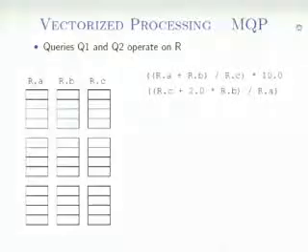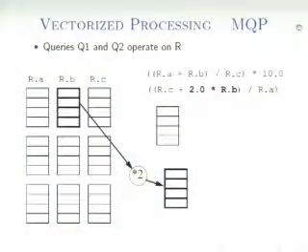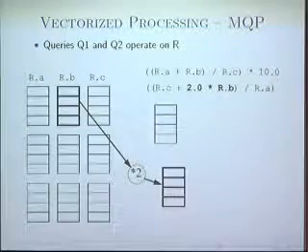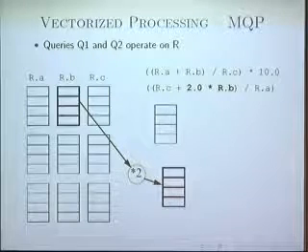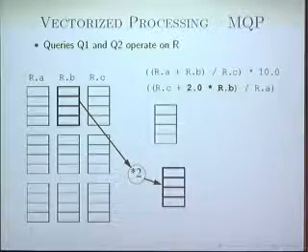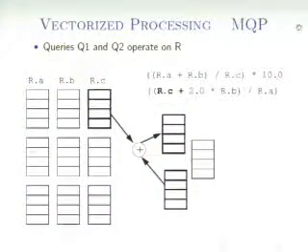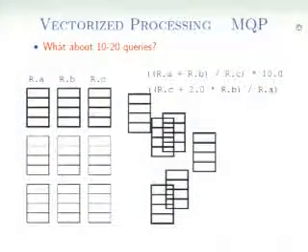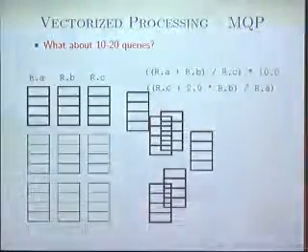If I'm running 2 queries in parallel, it turns out that I'm really not going to share much between the queries, which means the size of the intermediate results is going to grow. Inevitably, I need enough space to hold all the intermediate results for both queries in parallel, and that can grow to quite a lot. So if you're shooting for something like 10 to 20 queries, you have to use vectors of very small size to fit everything in cache.